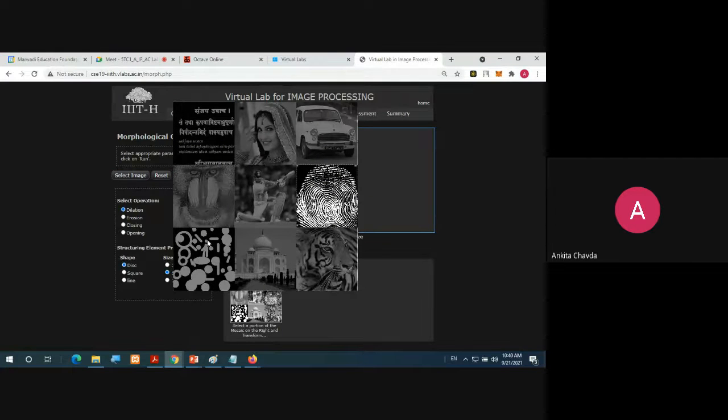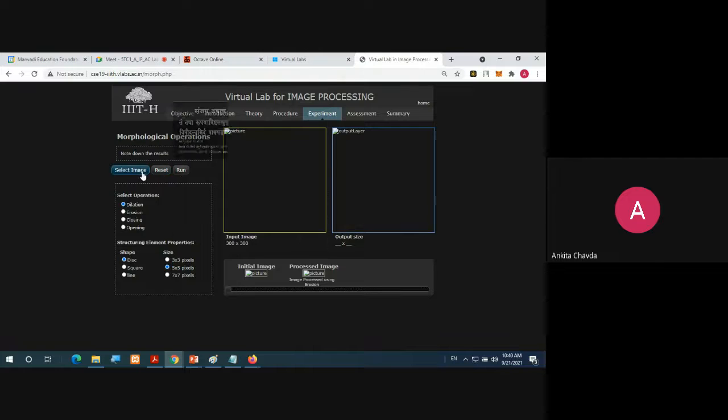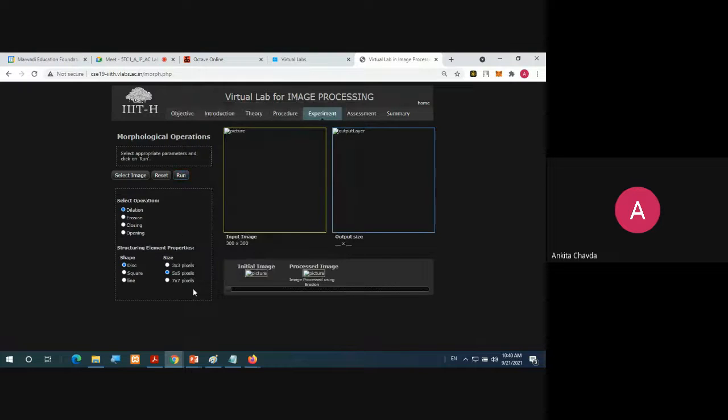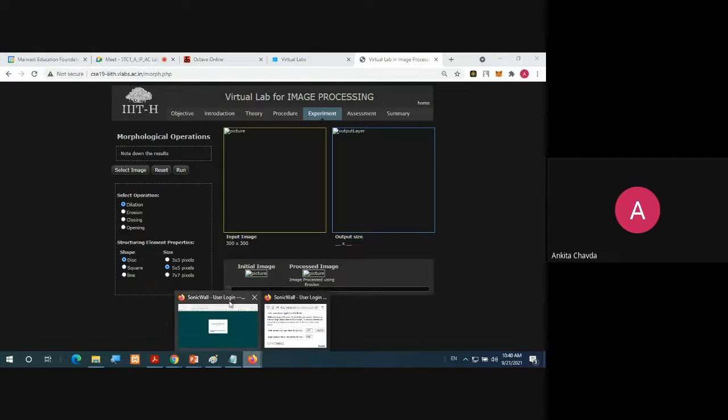These two you can check. And you are applying just dilation here. It's not getting selected. Just check at your end. Maybe the browser is having a problem.